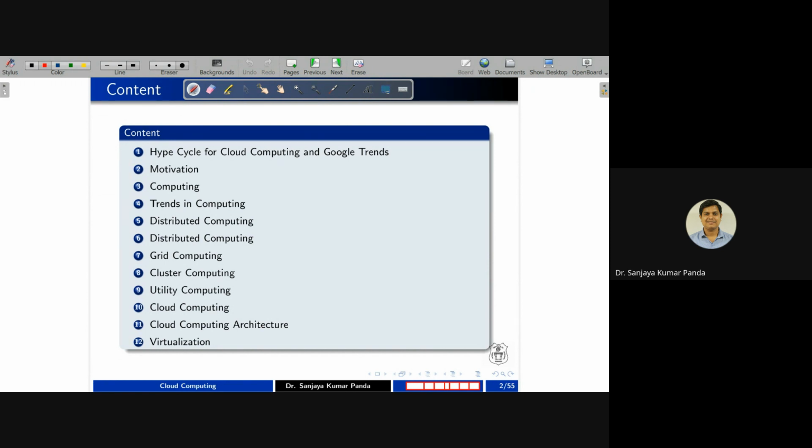So we'll see the hype cycle of cloud computing as released by Gartner, and also we'll see the popularity of cloud computing in Google Trends. Once we have got some idea related to why we go for this technology and what are the emerging areas in the field of cloud computing, then I'll tell you what is the importance of computing.